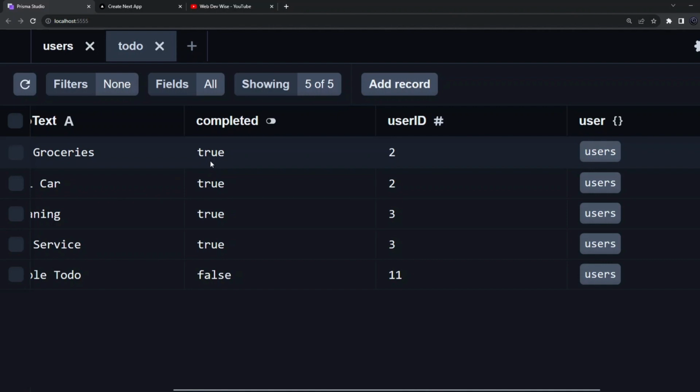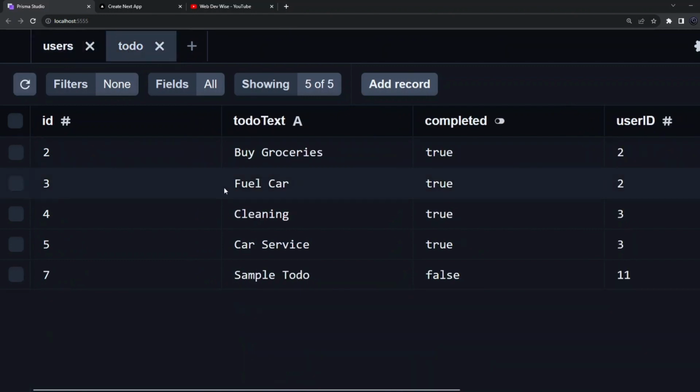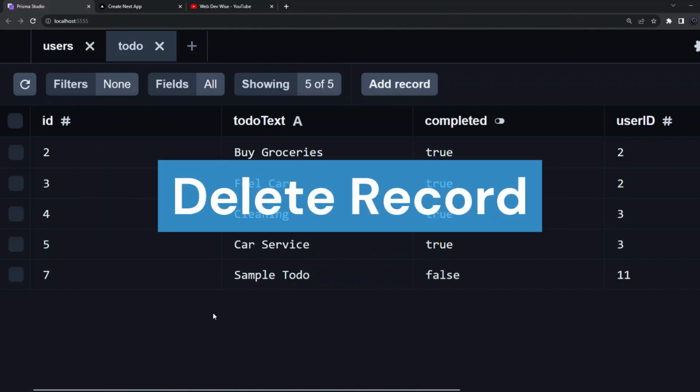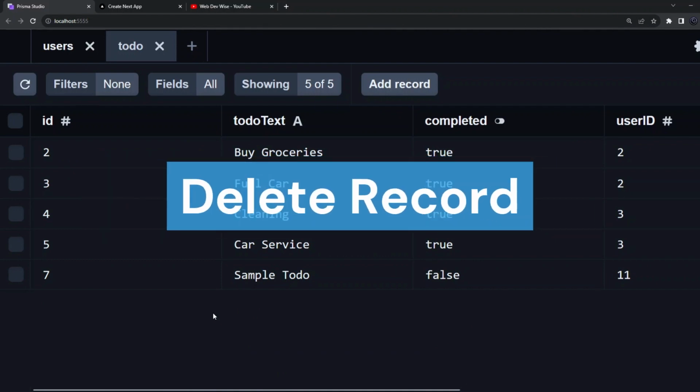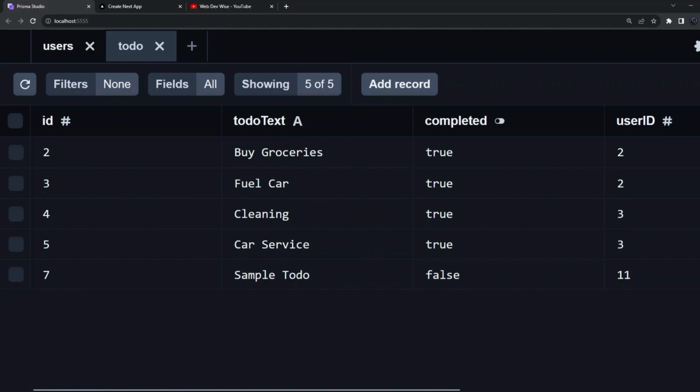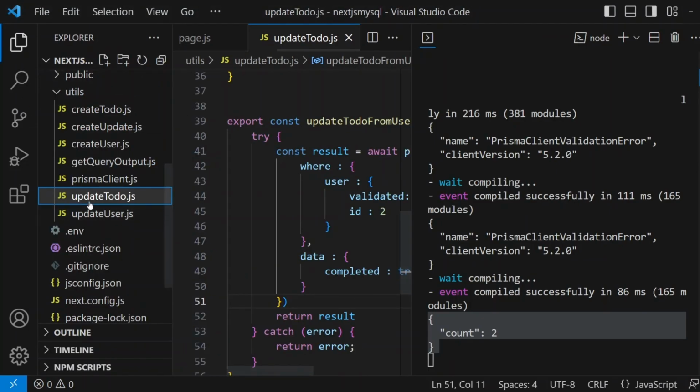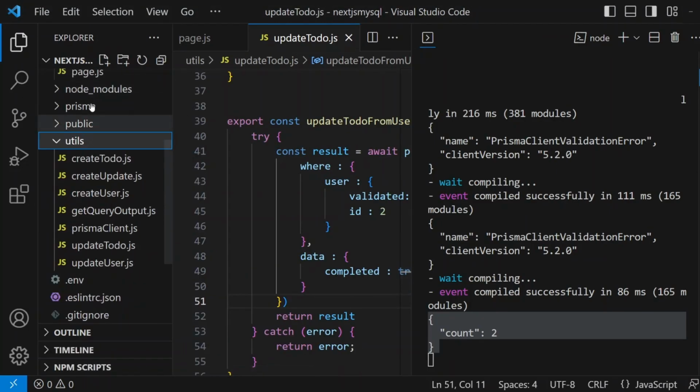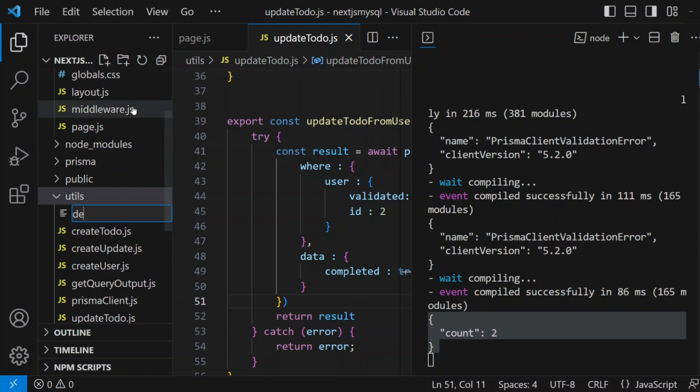So that's how you perform your relational update. Based on the user record, you are updating the to-do status. Now let's talk about how we are going to delete the records from the system. The very first method we are going to use is delete. Let's jump into it, and we are going to create one more utility method, delete